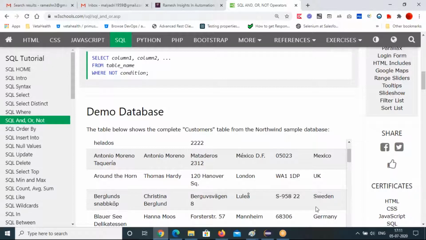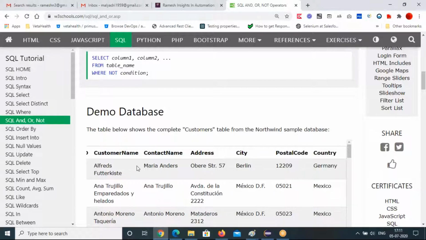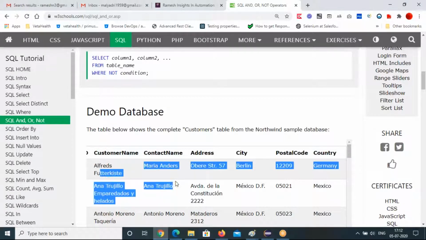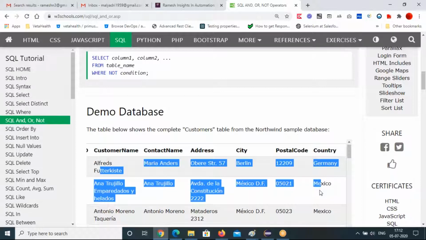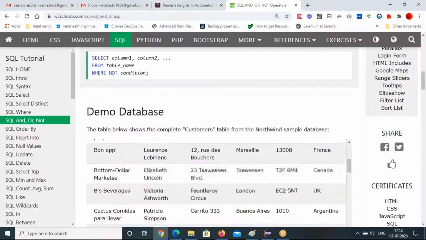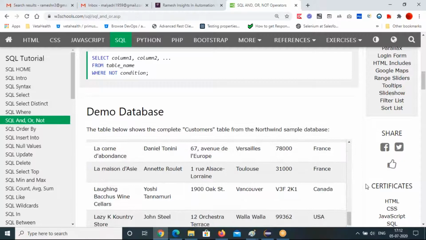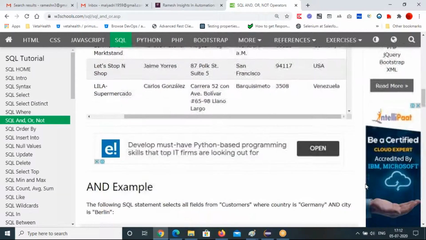These are all columns and rows. So the column names are country, postal code, city, address, contact name, customer name. But these are all rows. Only the data goes into rows, right? This is how data will be stored.